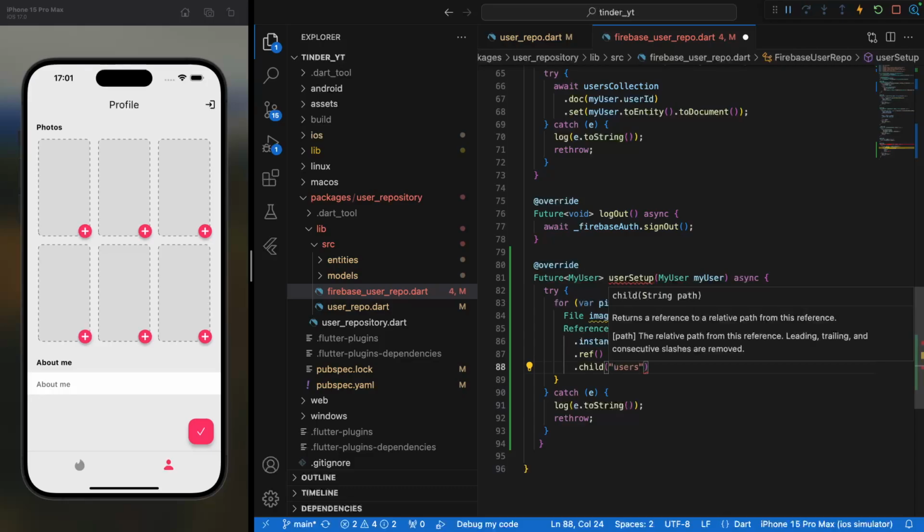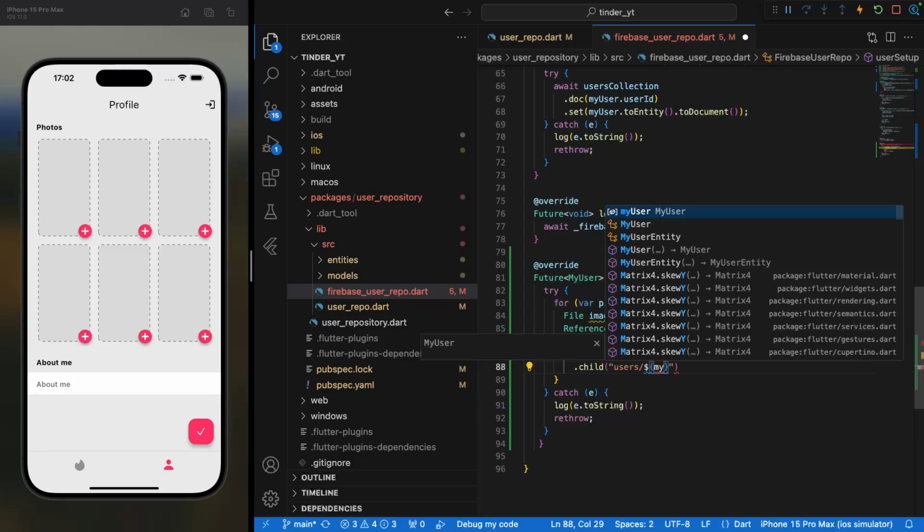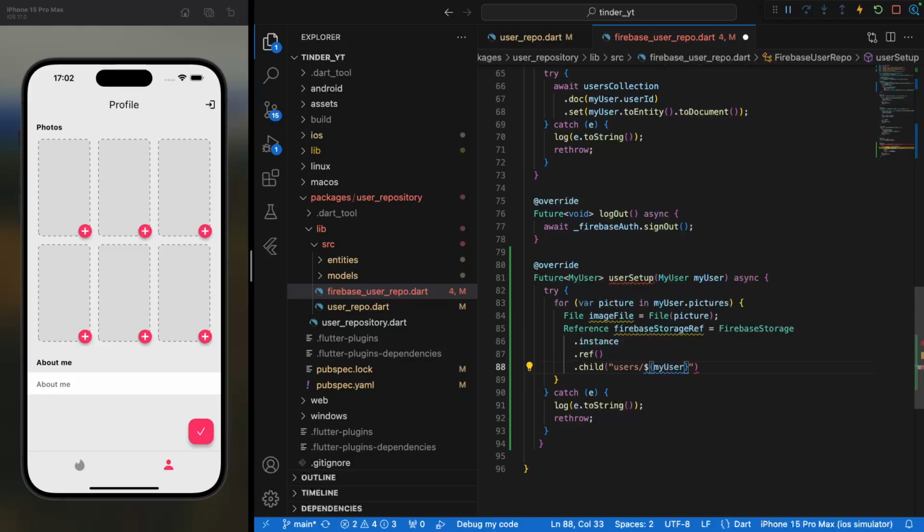So we want it to be separated for each user. So we are going to create a folder that is going to be named users. And under that, we are going to create another folder that is going to be the user ID. Okay. So we have access to the user ID actually by doing just that. My user dot user ID, yes, slash, no, not here, here slash pictures. And here we're just gonna do image file, the one that we've just created above,